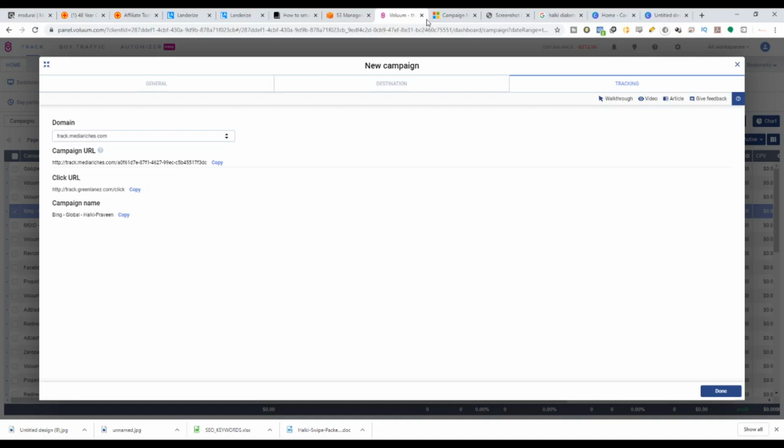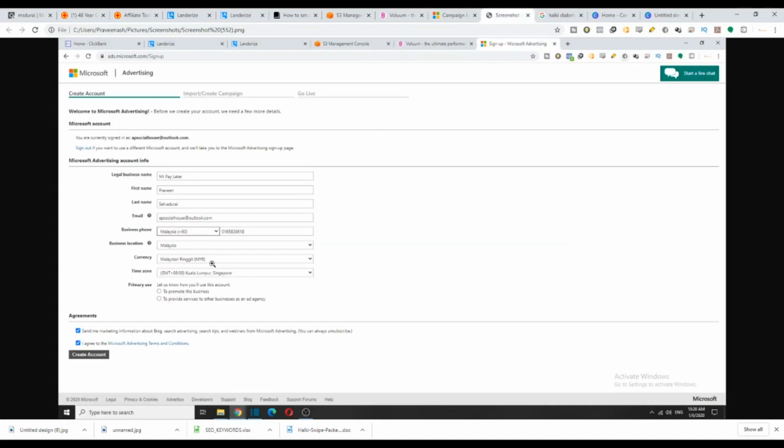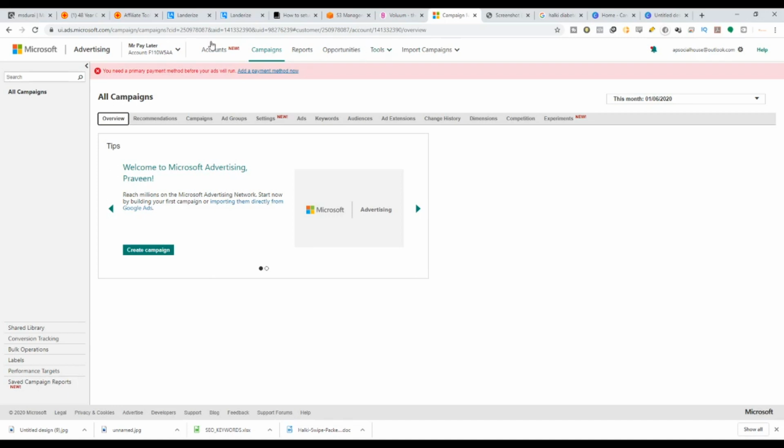So the final step is to create our ads in Bing. First, you need to set up your Bing Ads account. So this is how it will look. You need to put in your name, legal name, and everything, and then just create an account and verify your account. That's it. And then you will be led to here. I've not added any payment method, but you need to add a payment method